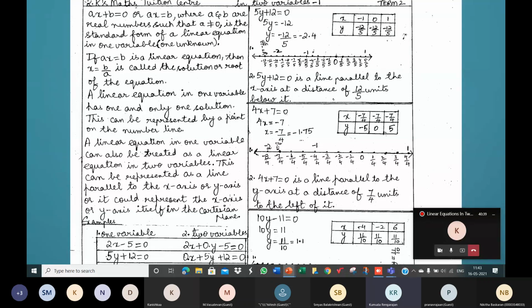So how do you generalize that? We said 3x for an example. How do you generalize that? We say ax. X is the variable. The coefficient of x in the example is 3, but how do you generalize the coefficient? The coefficient can be any number, right? Other than 0. So we say ax. Coming to the next term, plus 5. It need not be plus 5 always. It can be any real value. In fact, it can even be 0.